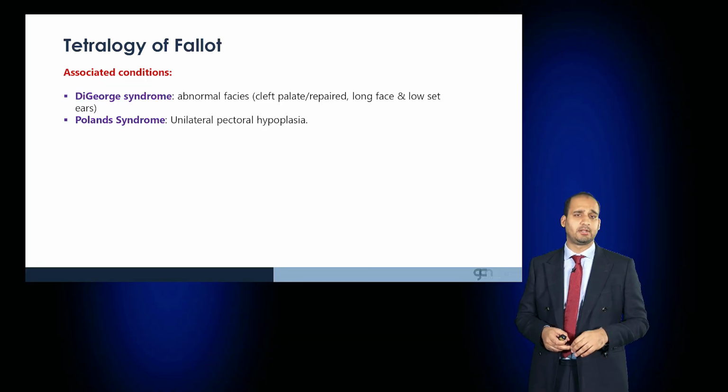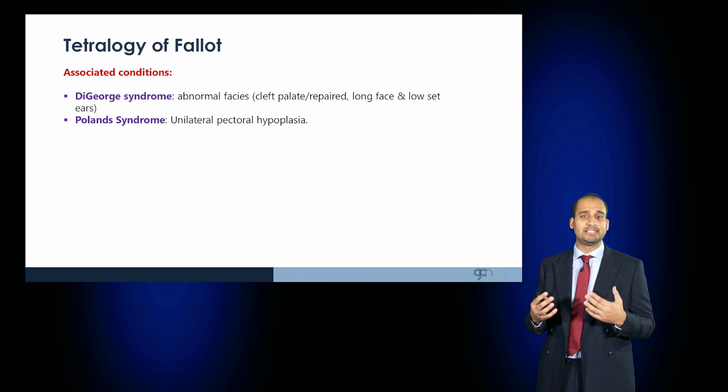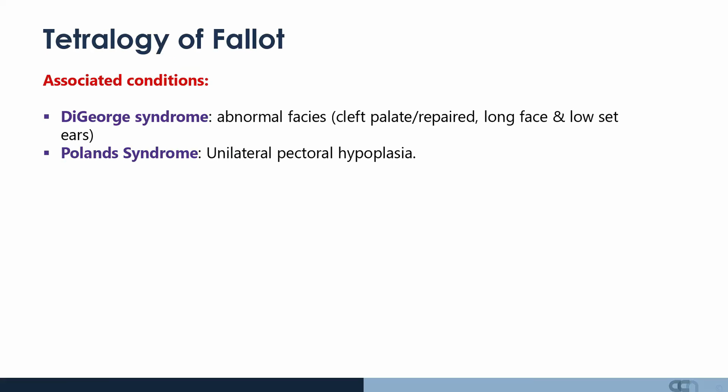Associated conditions with Tetralogy of Fallot: be aware of DiGeorge syndrome, where you have abnormal faces, that's a cleft palate, which could be repaired, along with a long face and low set ears, and Poland syndrome, where patients have the features of Tetralogy of Fallot as well as